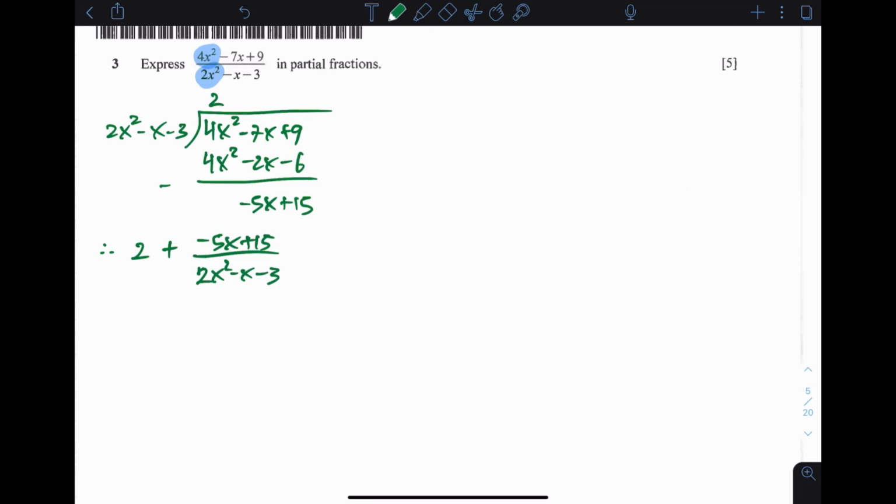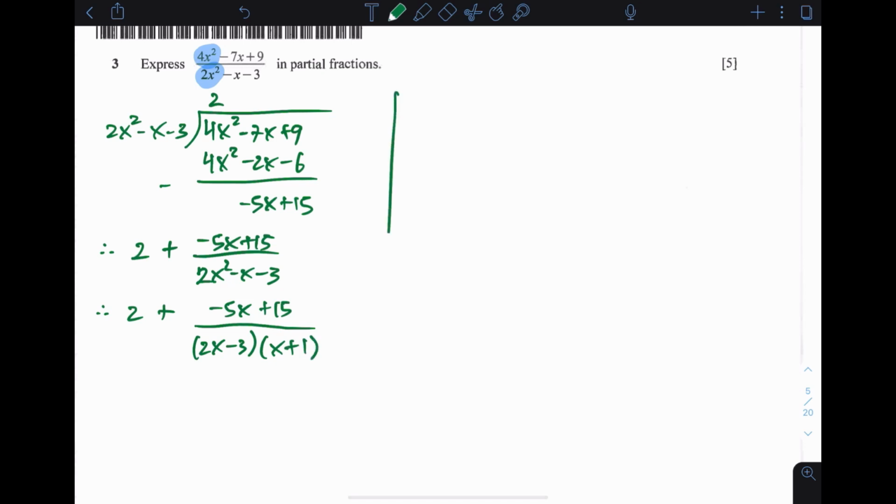Okay, now we need to do a partial fraction, but before that, we have to simplify the fraction here. Whenever you want to do partial fraction, please make sure that the denominator is actually fully factorized. Okay, let's just go on to get the factor form. We have this and that. Okay, I believe that all of you know how to factorize them. Okay, so now let's focus on how do we get the partial fraction from here. Okay, take down these fractions.